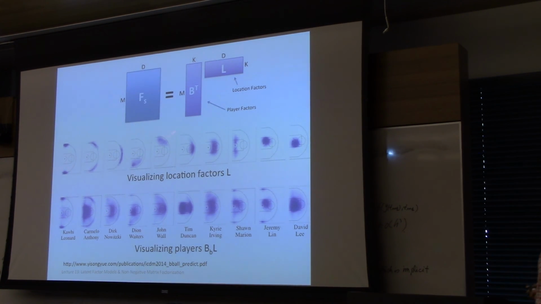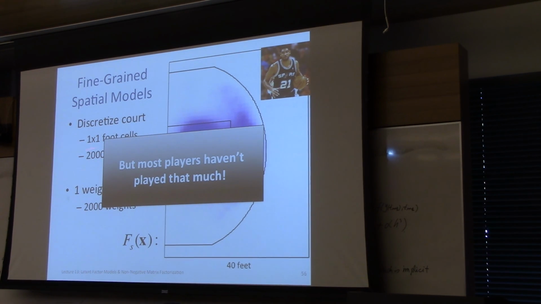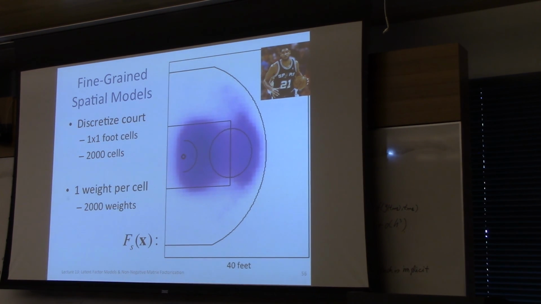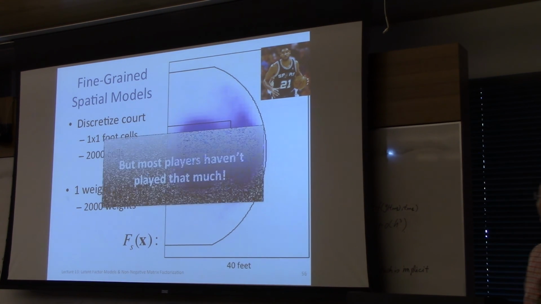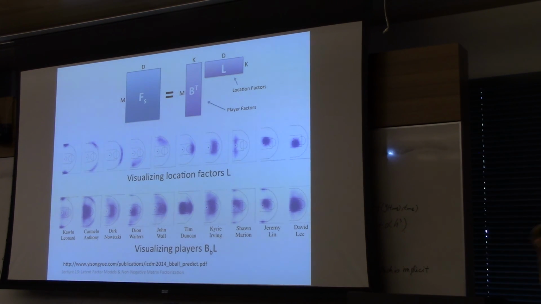So you could think of this matrix as M being the number of players in the NBA, and D as the number of locations on the court. So here D equals 2,000. Rather than eigenfaces, it's eigen shot types. And because we haven't really observed many players play, we don't know whether or not they like to shoot from a certain location on the court because we just don't have that many observations. So we make the standard low rank assumption,